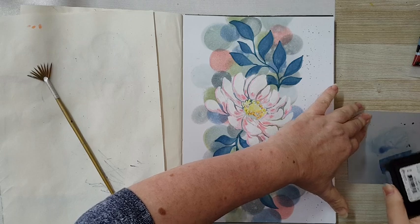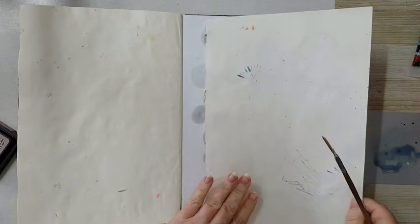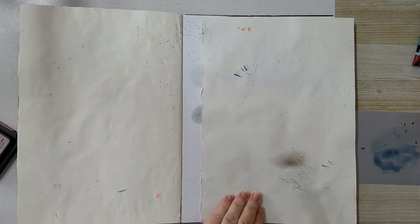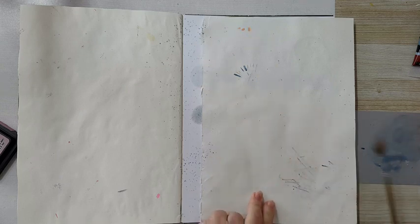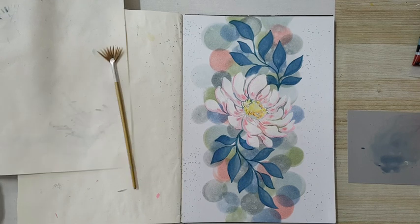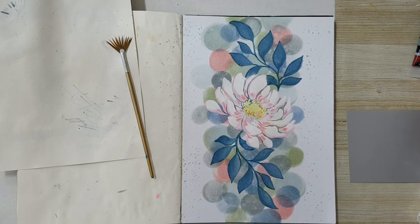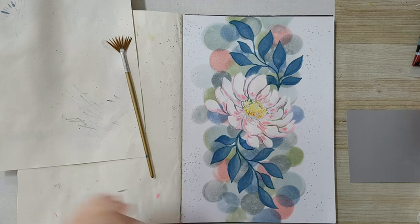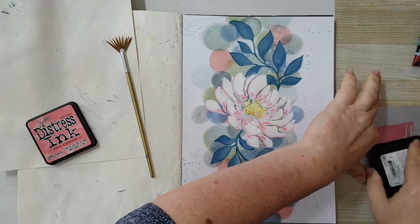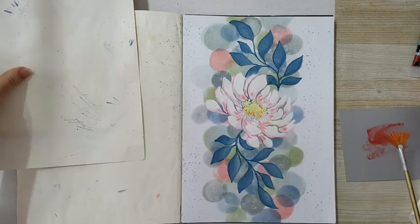Sometimes everything comes together, not always. More water, covering here, and doing more splattering. Yeah, now I just want to add one more color. And what color should I use? I'm really not sure. Let's wipe this in the meantime. Well, I'm going to be brave and I'm going to use the Worn lipstick, which is very, very pink. And again,